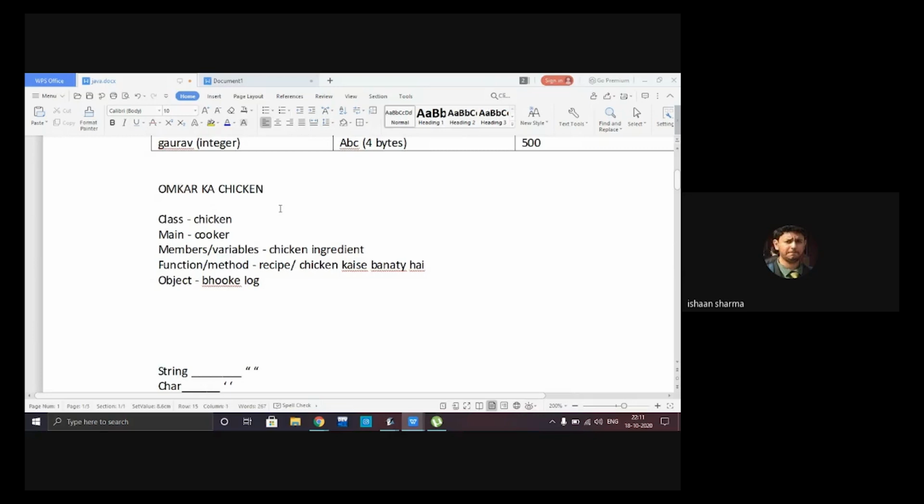To understand a Java program, the more you correlate it to something from your lifestyle, the quicker and easier it gets to understand. I have a friend named Omkar and he loves chicken.